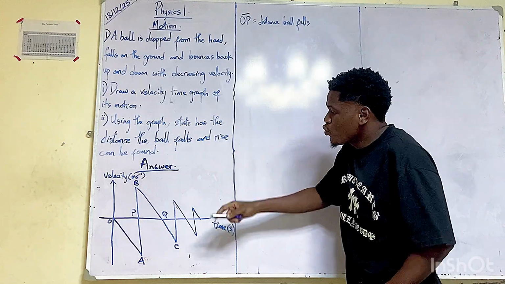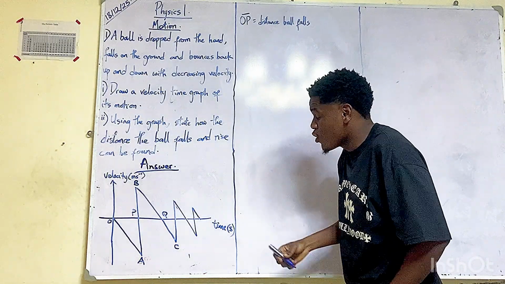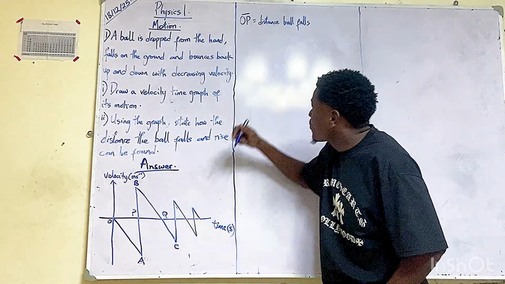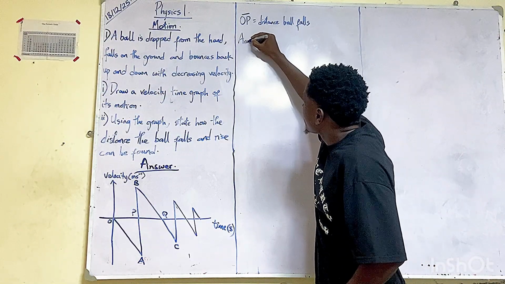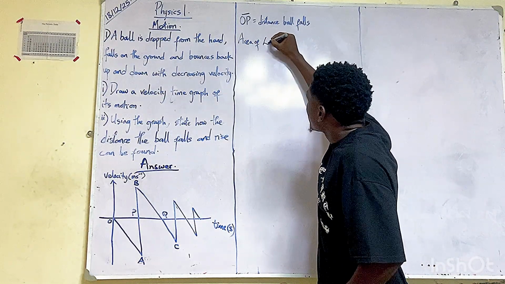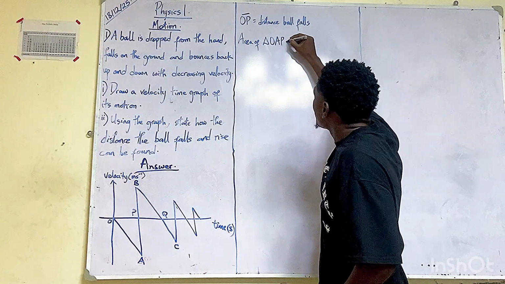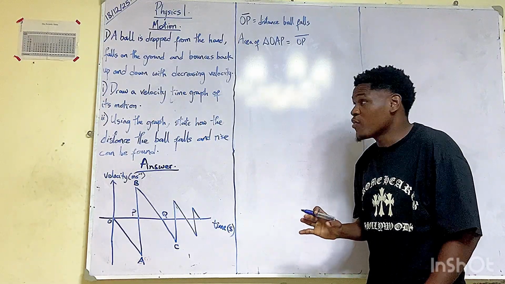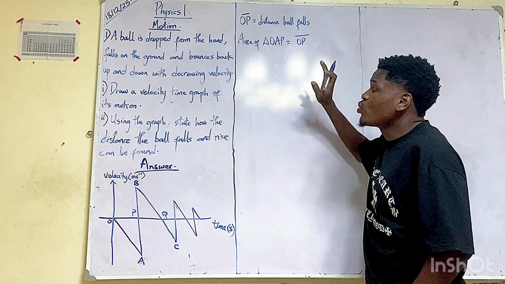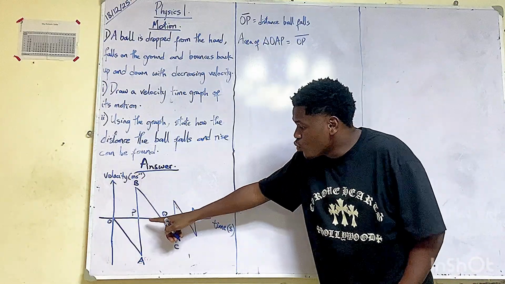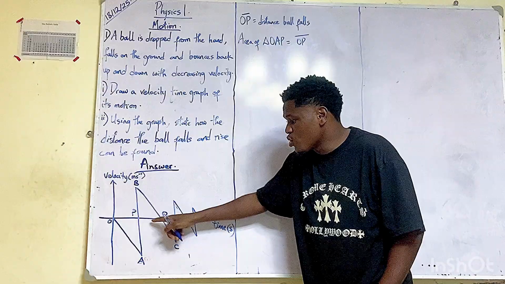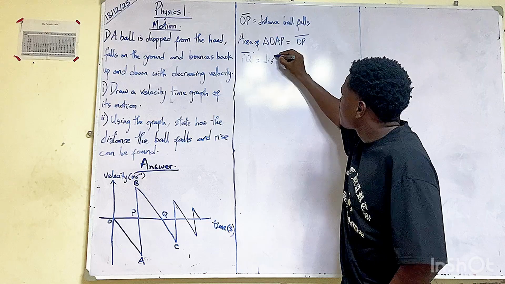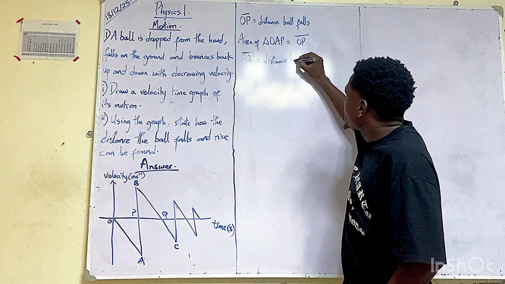If you want to find the distance the ball falls there, all you have to do is to calculate the area of this triangle. Triangle OAP. If you calculate the area of triangle OAP, it is going to give you this distance OP that you are looking for. In a velocity time graph, when you calculate the area of that portion, it gives the distance. Meaning, if you want to find PQ, the distance the ball rises,